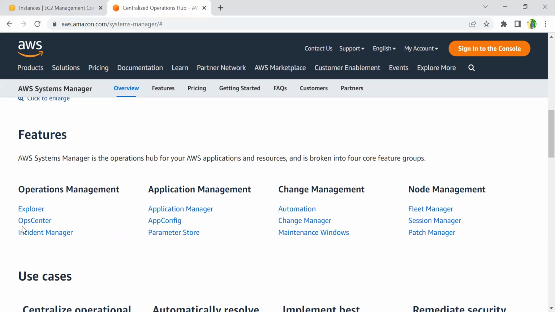Among these features, we are going to see how to quickly set up System Manager, how to patch the nodes managed by AWS System Manager, and also how to resize an EC2 instance using System Manager Automation. Now we will go into the